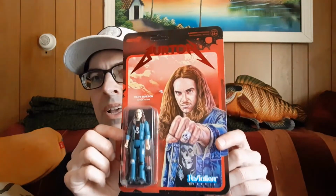Today, we're going to take a look at the second Cliff Burton reaction figure to release from Super7. And as well, I'm going to just share some quick thoughts about Kirk Hammett's first solo instrumental EP that released